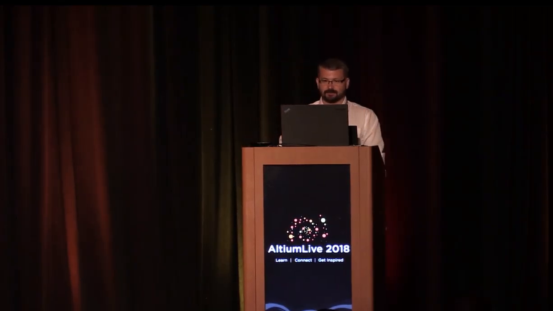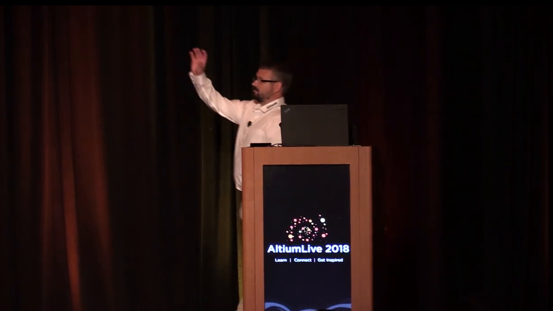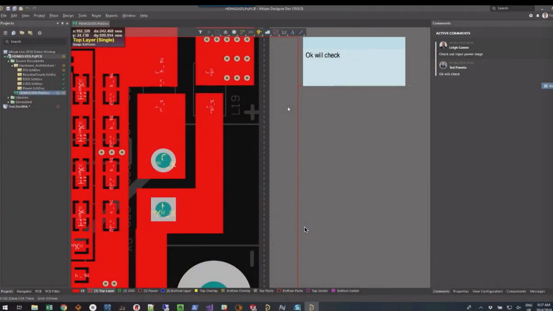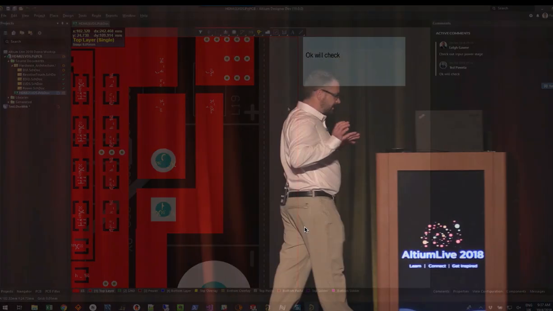Absolutely, yeah. So could we Q13 again, please? Again, Altium Designer on the right-hand side, you can see I've got my comment on there. Okay, we'll check. So again, everything's just completely in sync. Any comments that I put on the design onto any device are going to be propagated in real time to anything that's actually connected to Altium 365. That seems pretty cool to me. And in fact, I don't know about you, Lee, but I would be pretty confident to say I actually think this is an industry first, right? That we can, from any device,